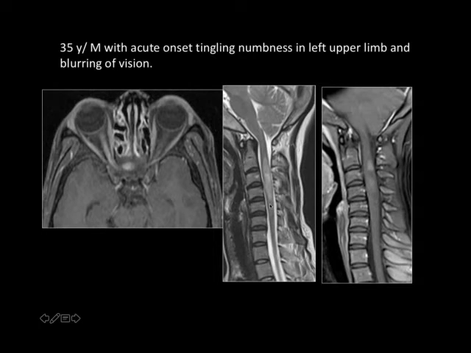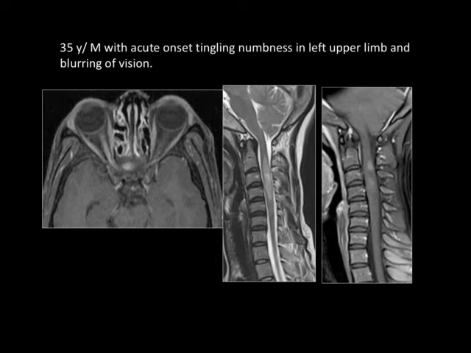What is this? What is your diagnosis? Differentials: neuromyelitis optica, that's the other name. So how will you differentiate, why is this not MS? Short segment, and involvement is